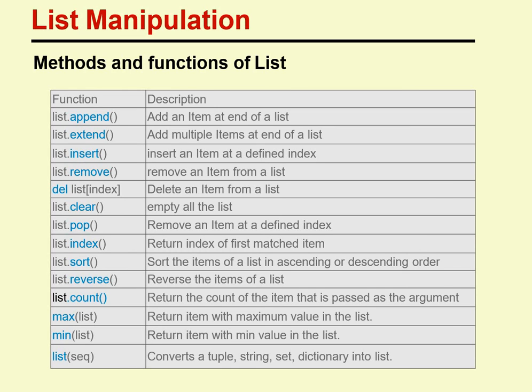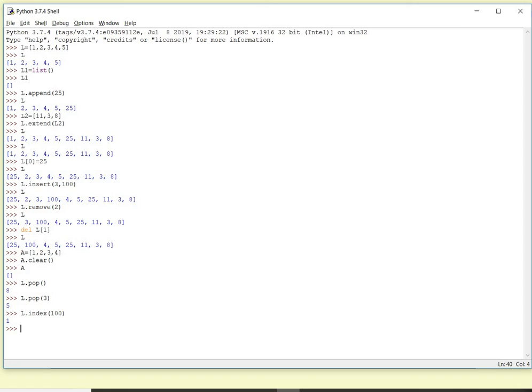Sort is arranging in ascending or descending order. That is known as sorting. Sorting itself means it is arranging. Okay. So if I am giving L dot sort, if I am displaying L, everything will be arranged in ascending order. By default it will arrange in ascending order if you are not specifying whether it has to be arranged